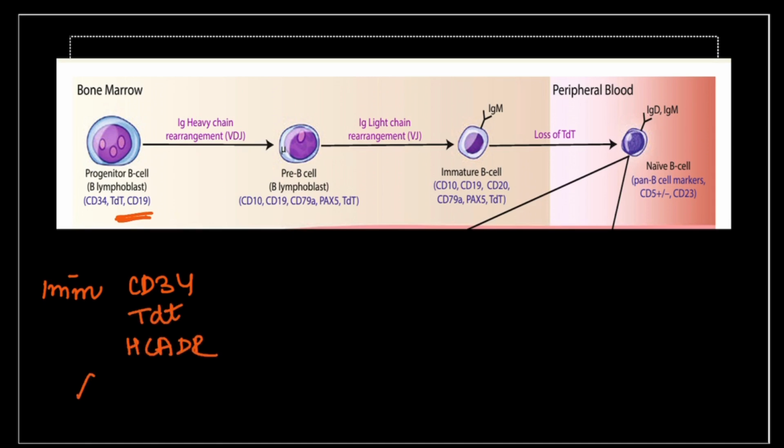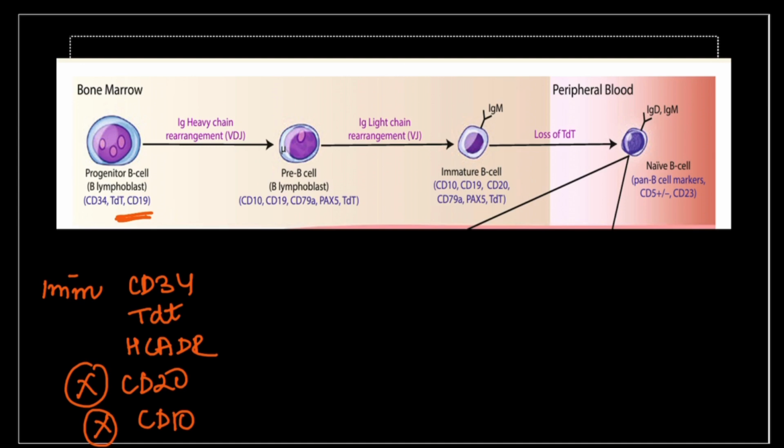Now this will undergo some immunoglobulin heavy chain rearrangement into pre-B cell, then followed by immature B cell. So pre-B cell is going to have CD10, and another important cytoplasmic heavy mu chain,